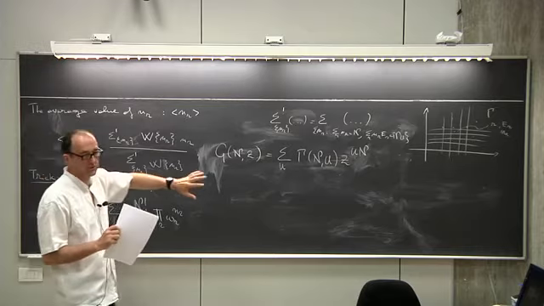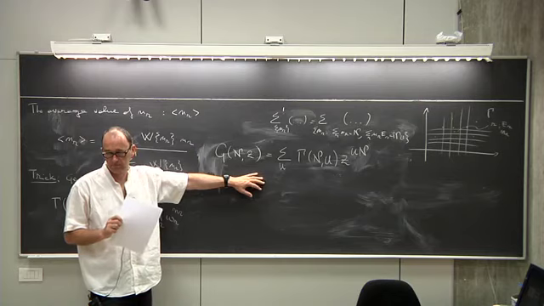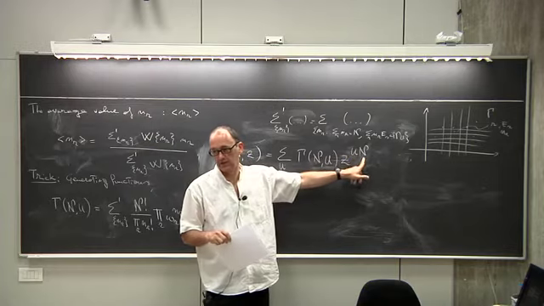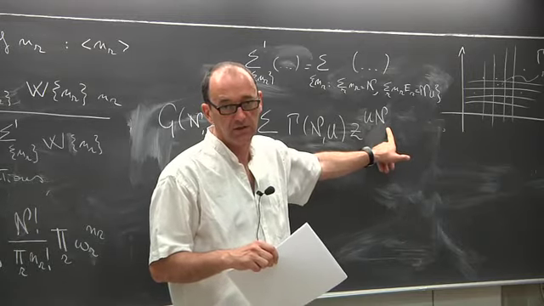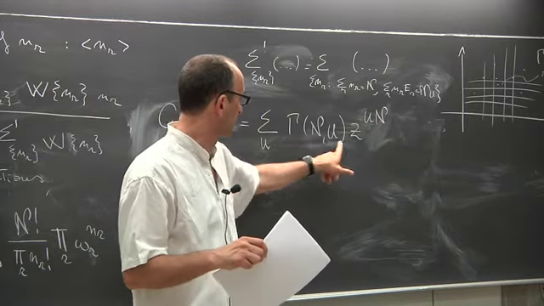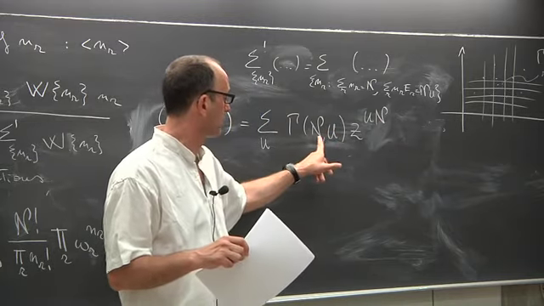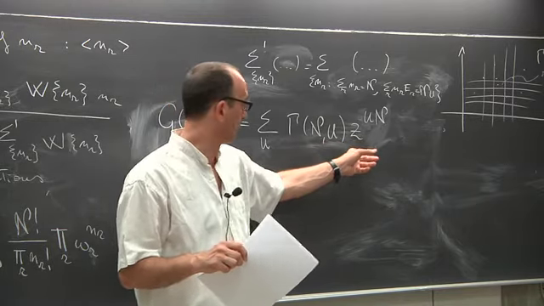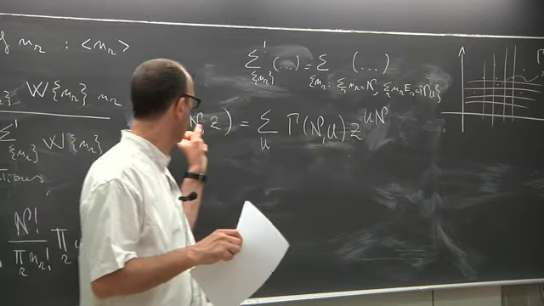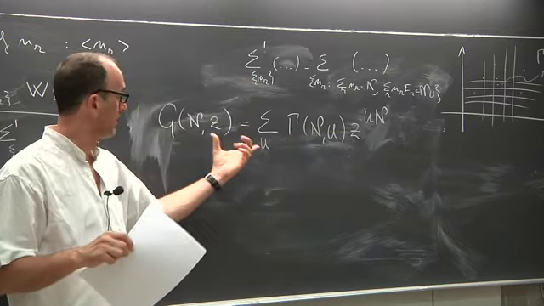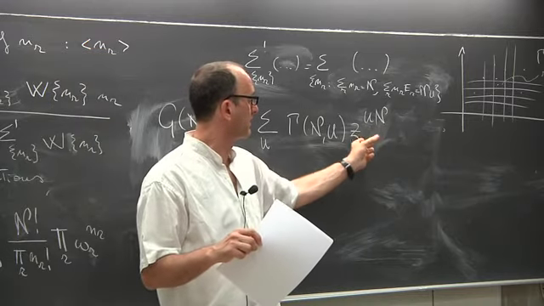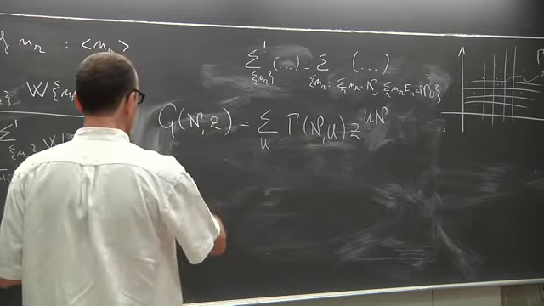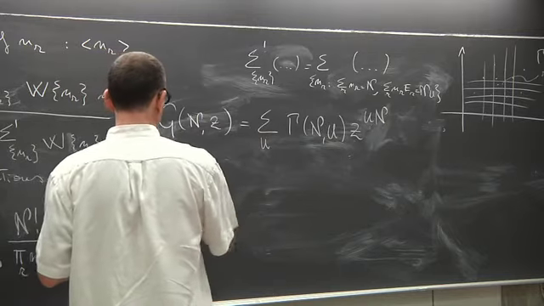Now imagine that I can compute this function here. And imagine that the values of the energy are such that u times n is an integer. Then all I have to do in order to compute this number here is to get the Maclaurin expansion of this function and to compute the coefficient of z to the un in this function here. And this is given by the formula,